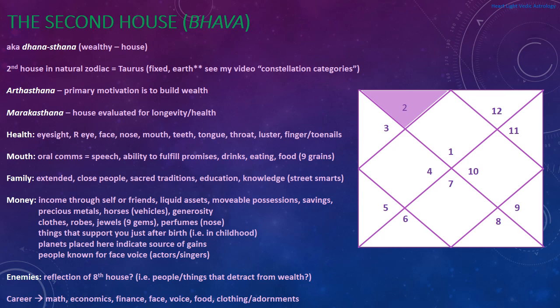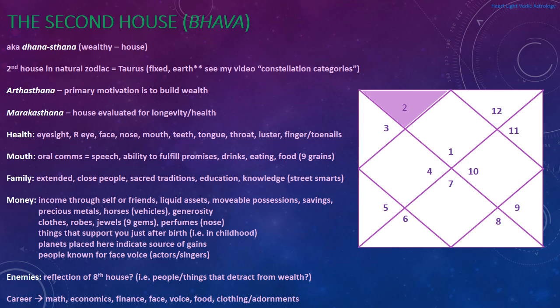That's a possibility. So you can see how, depending on what planets are here and their condition, how that might work. The other thing is that typically when I see charts of people who have very strong second houses, they might be somebody who's known for their face or their voice. Somebody like an actor or singer, maybe a lawyer, that sort of thing.